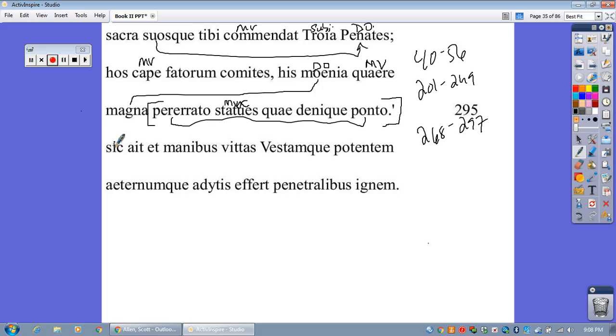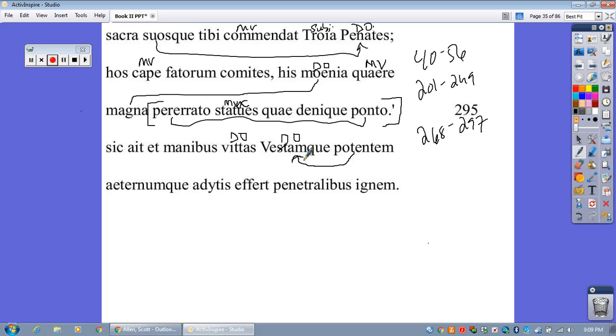So then we have these last two lines. Seek eit, we've seen a thousand times. We know that that means, thus he spoke. And then the second part: et manibus vitas vestamque potentem aeternumque adutis effert penetralibus ignem. What jumps out at me are all of the accusatives. So we have vitas, going to be some kind of direct object. Vestam, the goddess Vesta here. And she seems to be modified by this word next door, this